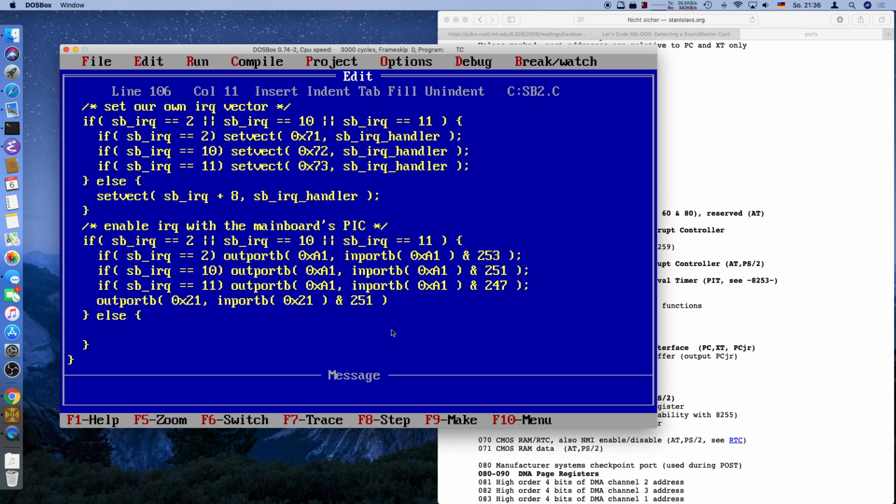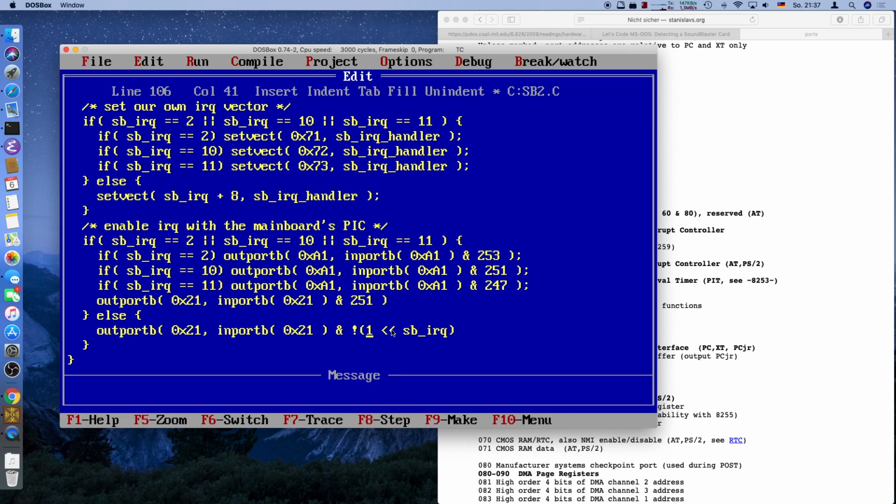So otherwise, this is much simpler. We will take the primary interrupt controller, read from it, and then take the lower IRQ that we have,